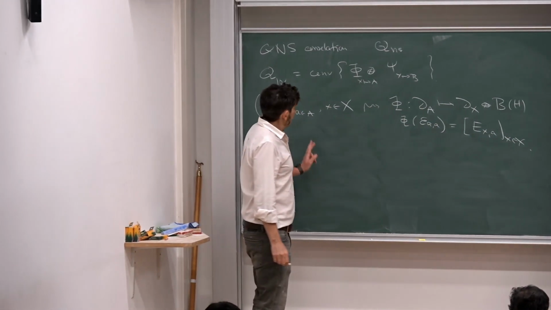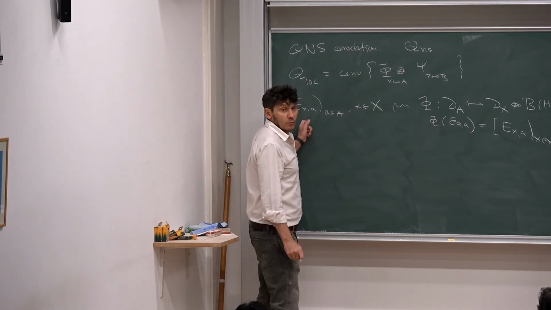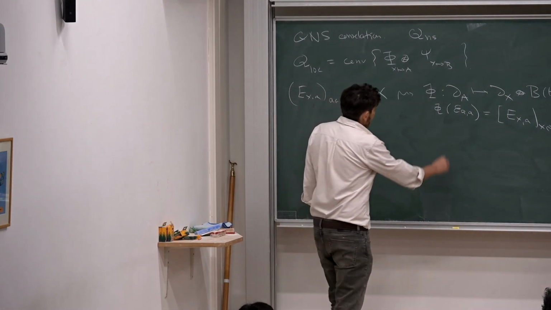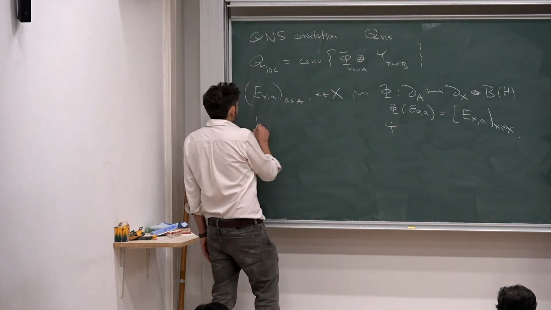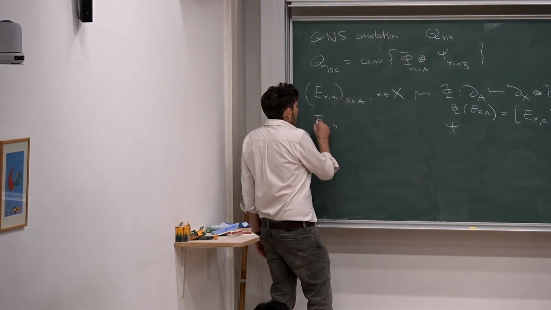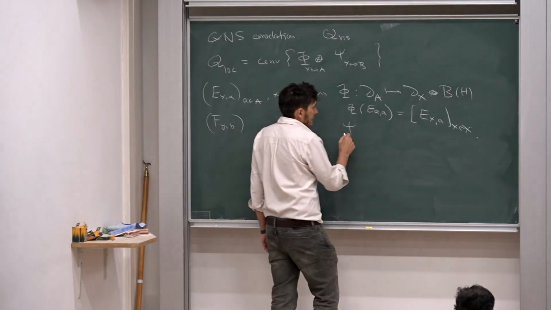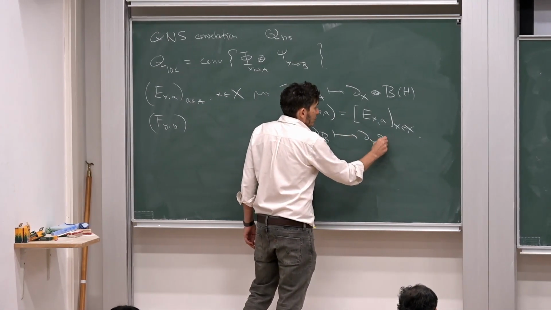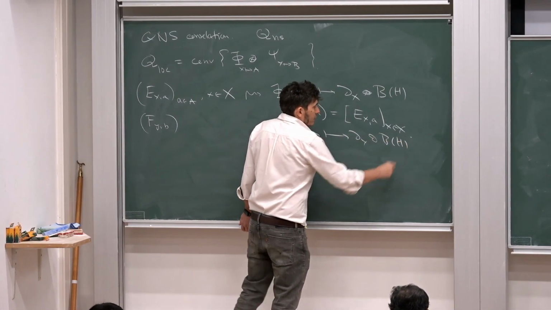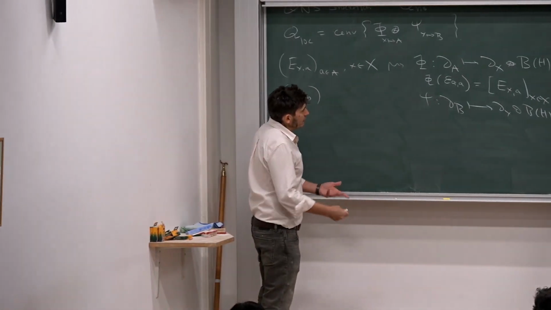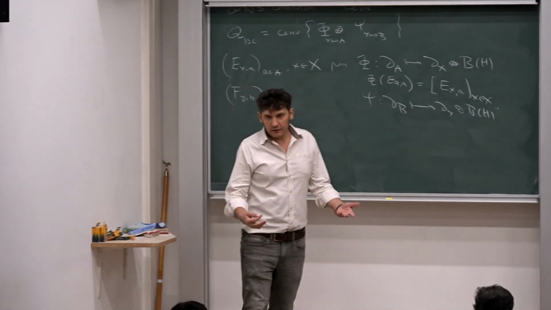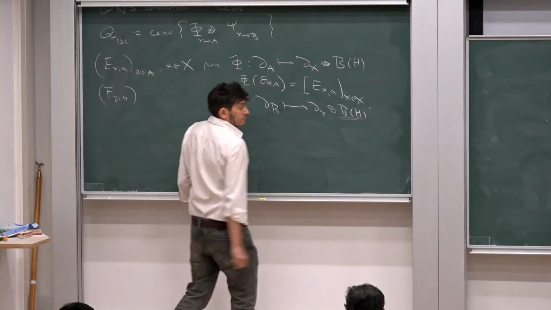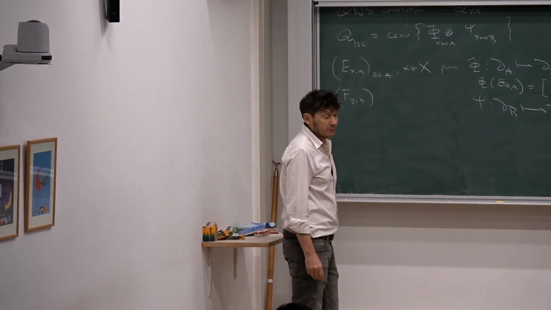That's a unital, completely positive map by the property that this is a family of POVMs. Similarly, we'll have for Bob, you will have a map C from the diagonal of B to the diagonal of Y tensored with the same B of H, the coefficient space. And using this, you can kind of take the dot product of them. They have commuting ranges, so you'll have a nice completely positive map.